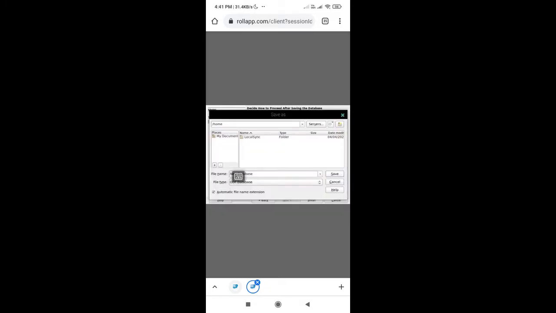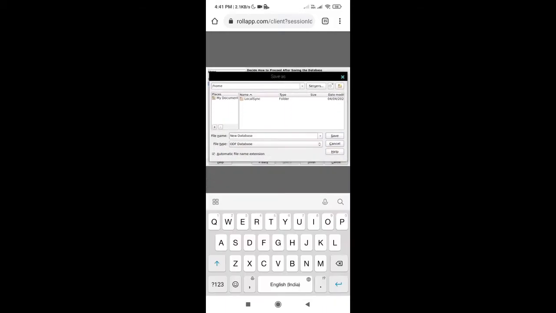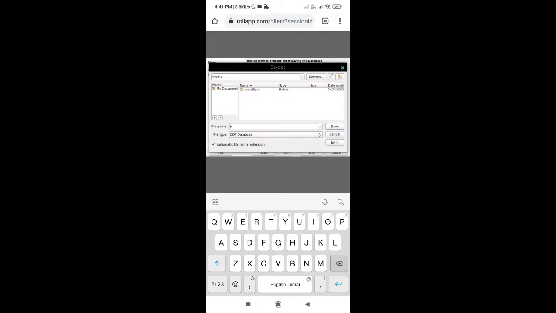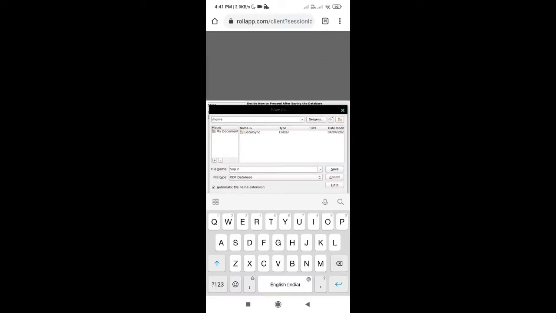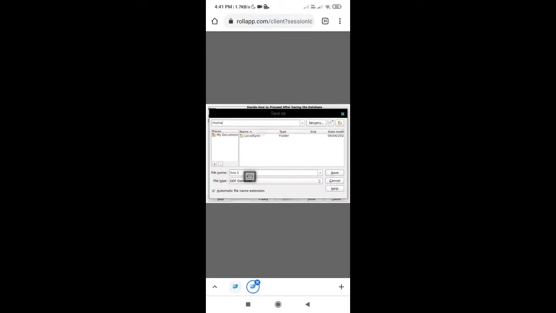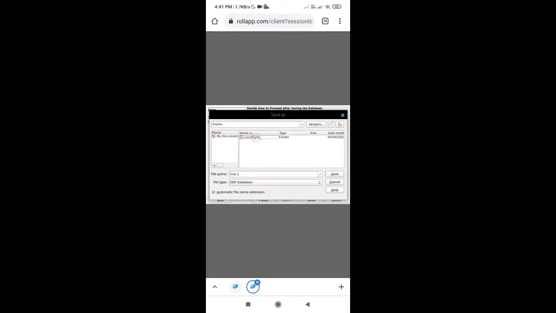Now name your file. Just click on that file name and select the black box and the keyboard will appear and name it. After you finish naming it, select the folder that is local sync, double tap on it and click on save button.